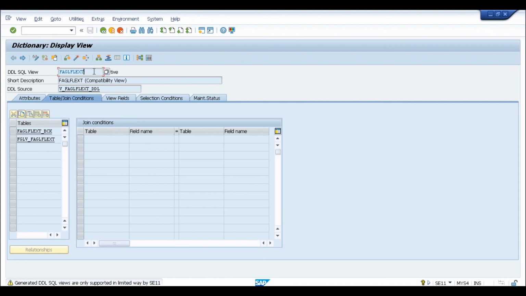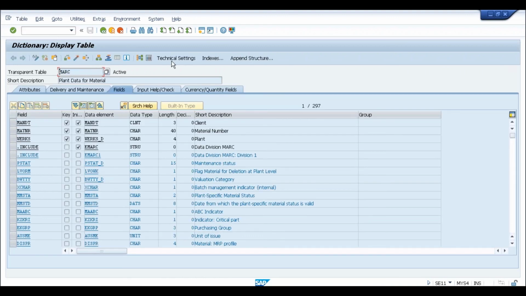Now, as you understand these two things, the table and the view, coming to your question: you are expecting that since MARC is also an aggregate table, why is it not converted into a view, right? Raghu, I told you there are two kinds of tables.